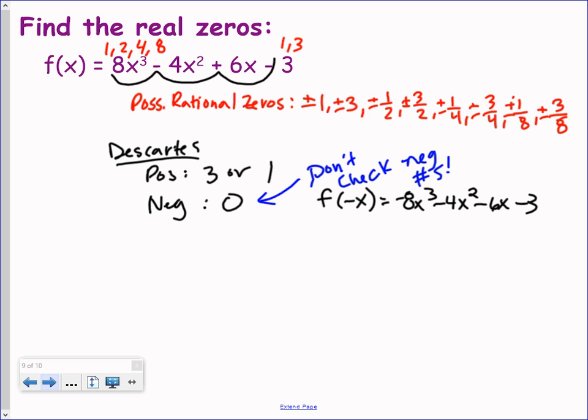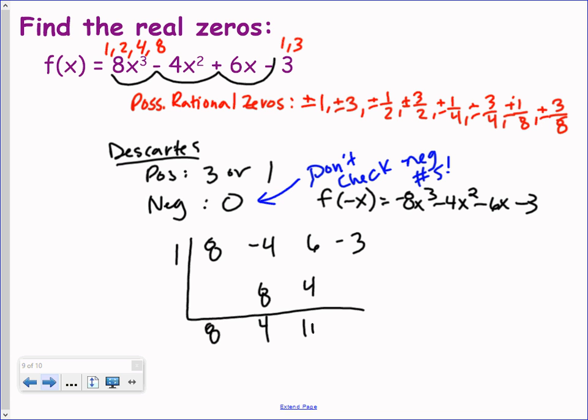Okay. I can't do upper and lower bound tests until I do synthetic. So those are kind of an afterthought after you start going with synthetic. I'm going to drop in the coefficients to the original polynomial. And I'm just going to check like I normally would. I would start at 1. Okay, 1, 3, 1/2. I'd go down the list because I like to be ordered. And when I do 1, I think you can see it's not going to work, right? But if I finish it out and just look at all those numbers at the bottom of synthetic, you notice